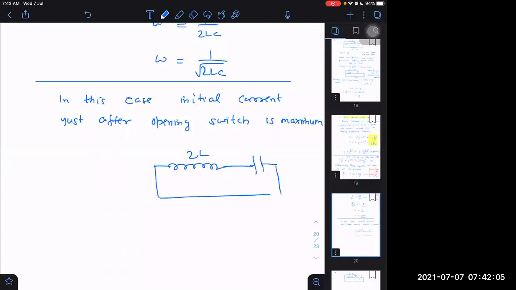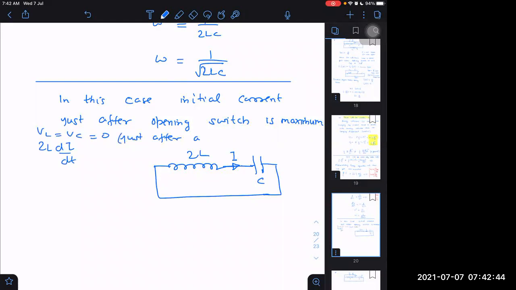You are understanding. Another way we can also say it is by force. By energy it is very easy to tell. This was really nice, you did it by the energy way. But we can also get it by the force method. How? We can say that the initial charge stored in the capacitor is zero. If it is zero, then the voltage across the inductor is zero. And I have told you, when the voltage across the inductor is zero, that case is nothing but the case of maximum current. Why? Because voltage across inductor zero means 2L into di by dt, VL is equal to VC, which is equal to zero, just after, as there was no charge.